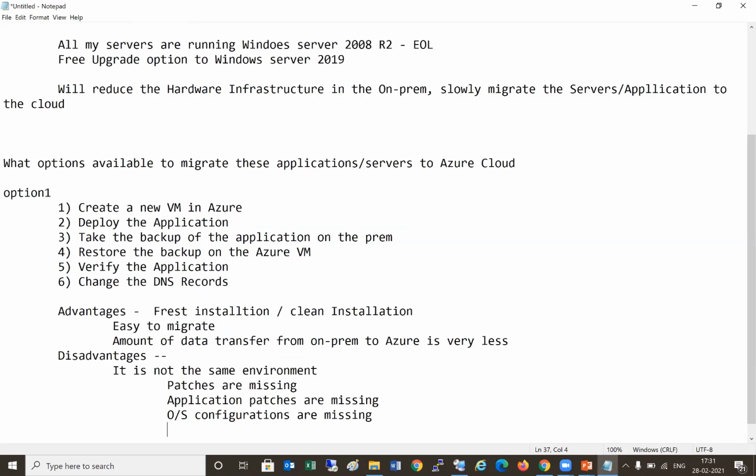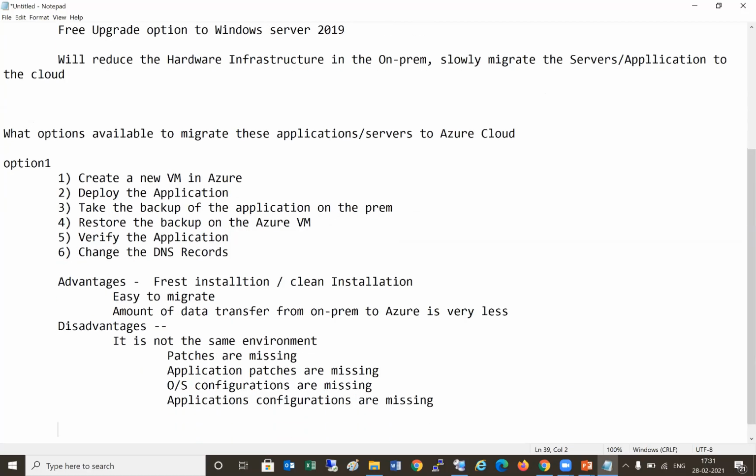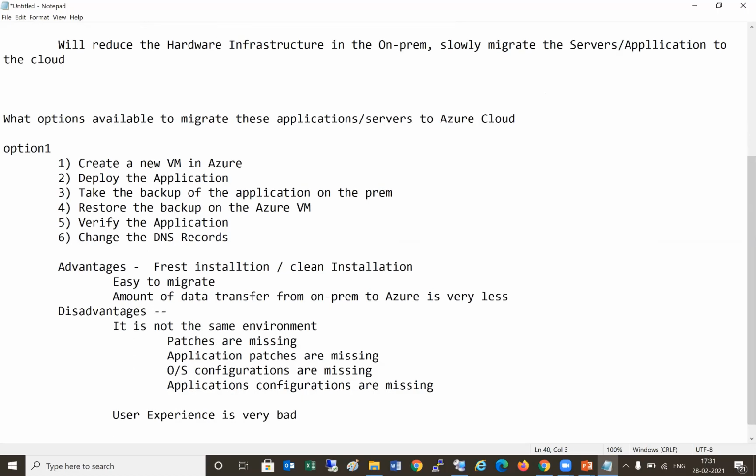And we would see that application configurations are missing. And because of that, the user experience is very bad. We have done an outer level test on whether the application is running fine or not. But once users started accessing the application, they see that the functionality is not working. When I try to create a print, it is not printing. When I'm trying to export the data into a CSV file or an Excel file, it is not getting